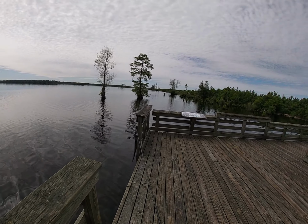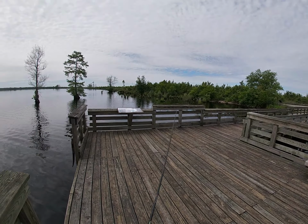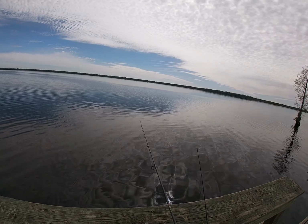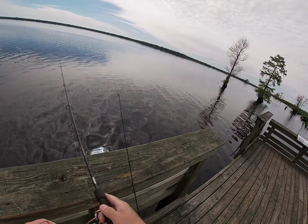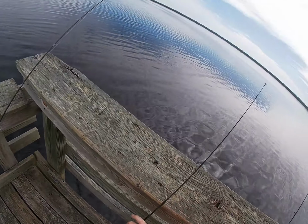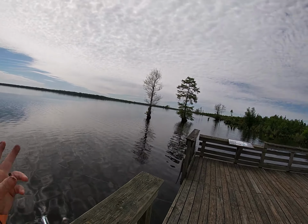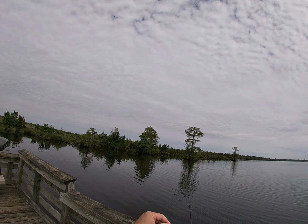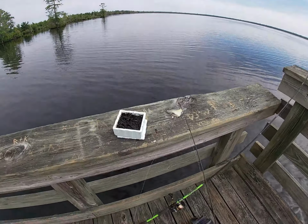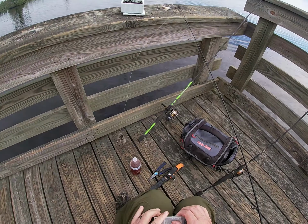So I'm out here at the pier at the Great Dismal Swamp. Nice and quiet. The tourists really haven't started yet. During the summertime, this will get absolutely packed. But before Memorial Day, it's nice and quiet. I was going to be out here today in my kayak, but I left my paddle at the house. So, needless to say, plan B is to